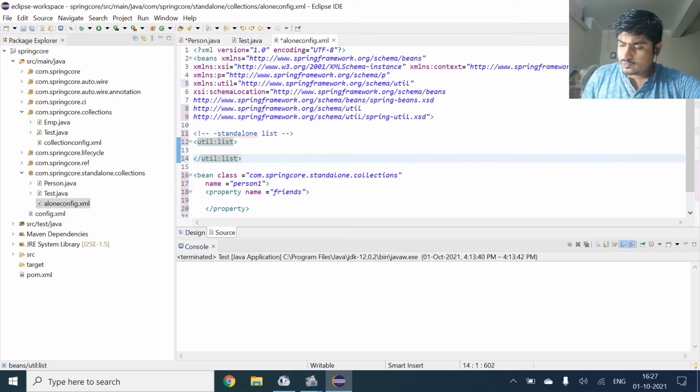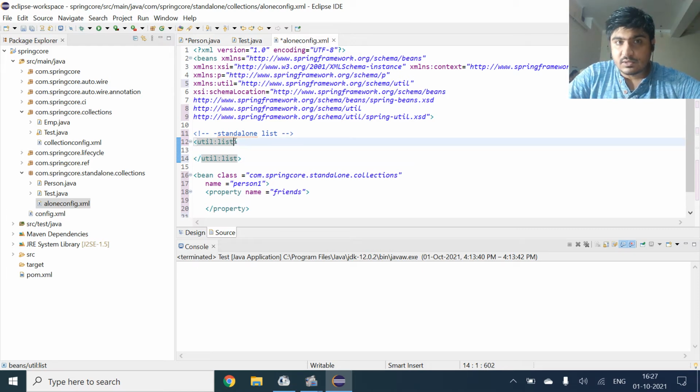So basically, first we will have to tell the class if we are creating any type of util, we have to create a class in this.